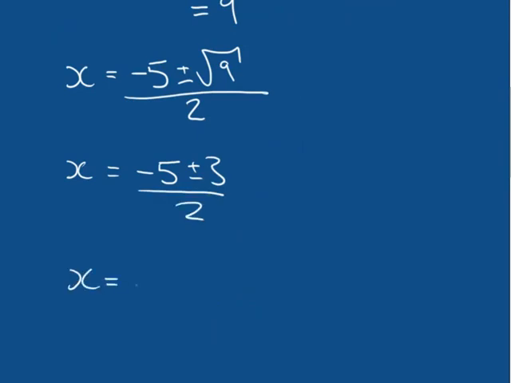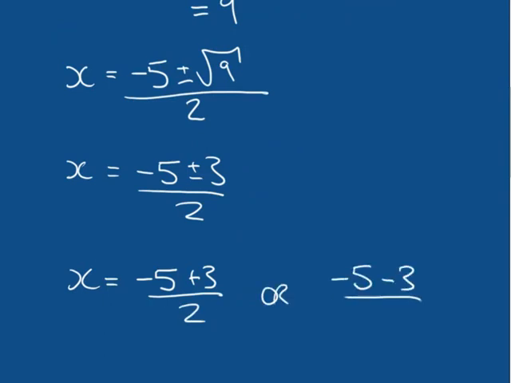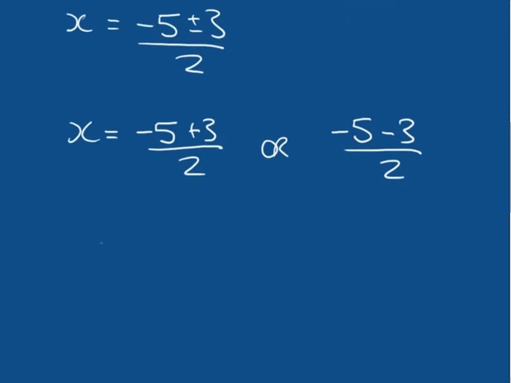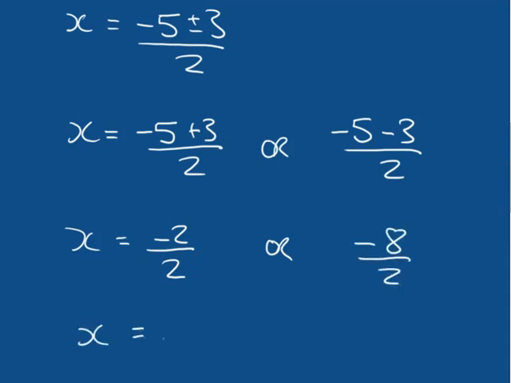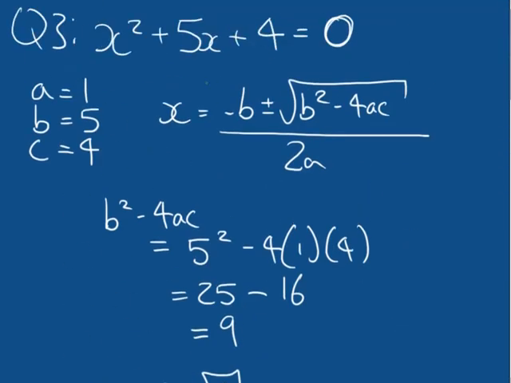Therefore, x is equal to minus 5 plus 3 over 2, or minus 5 minus 3 over 2. In the first case, that's x is equal to minus 2 over 2. In the second case, that's x is equal to minus 8 over 2. Both of these simplify, so x is either minus 1 or x is minus 4. So these are our two solutions for x, such that they satisfy the equation x squared plus 5x plus 4